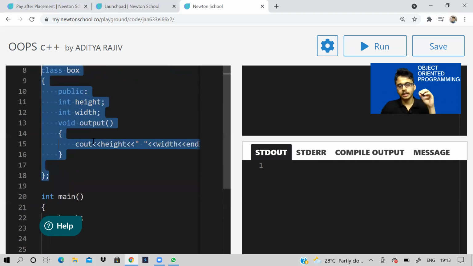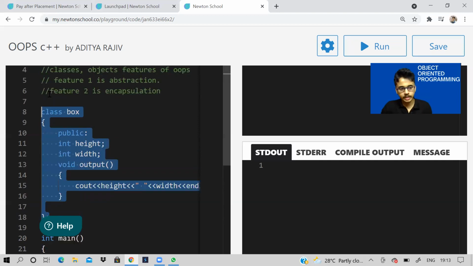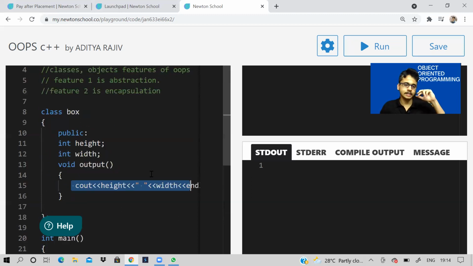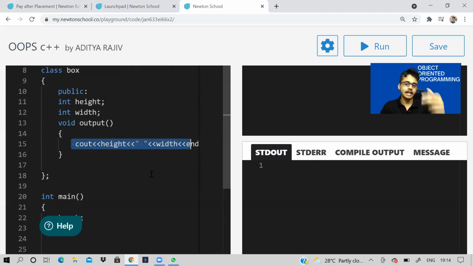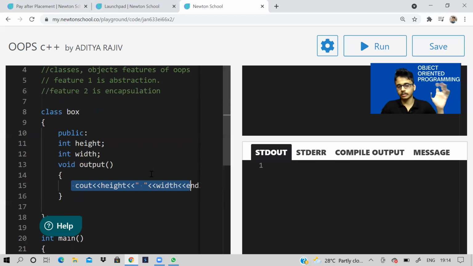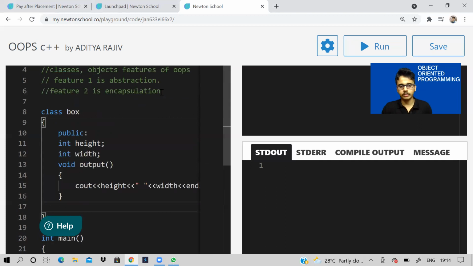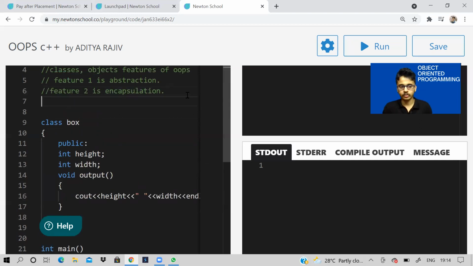So why is all that possible? Because of the feature of OOPS and because of encapsulation. Because we can now access the data and the function without disorganizing our code. So this is the second feature, which is encapsulation.